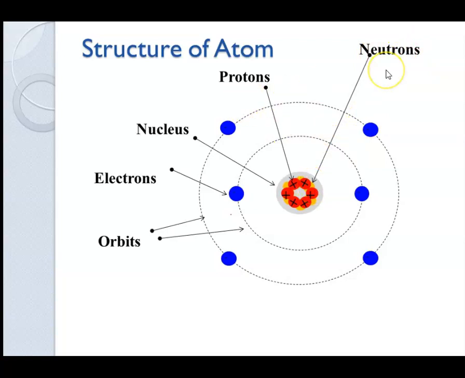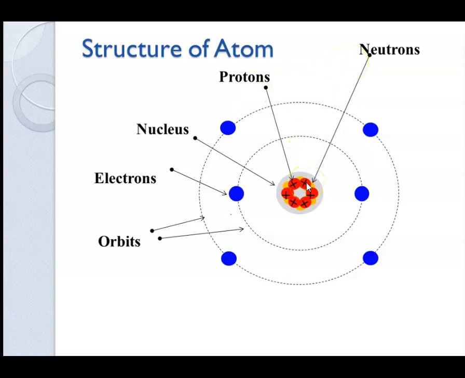The protons and neutrons stick together to form the nucleus in the center of the atom. These protons and neutrons stick together because of the strong nuclear force present between them. As shown in this figure, the nucleus is surrounded by orbiting electrons. We can compare the structure of the atom to our solar system, in which the sun is at the center and the planet revolves around it in a fixed orbit. The nucleus of an atom consists of two particles, that is protons and neutrons.